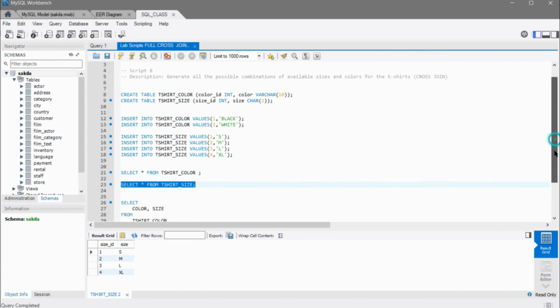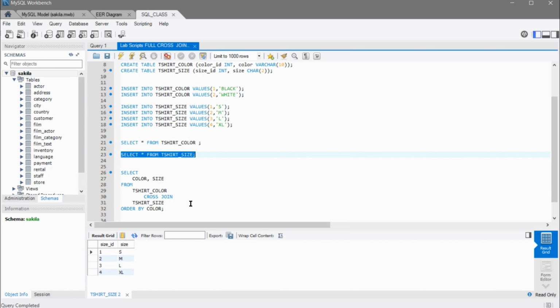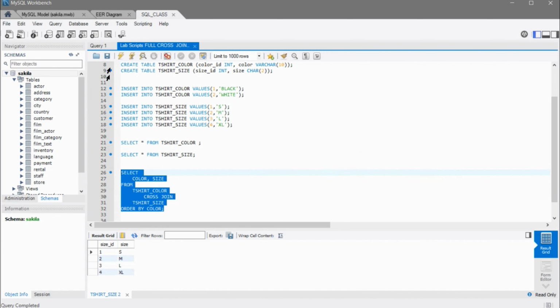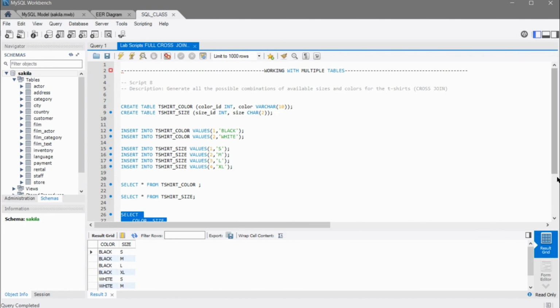So now, if we want to find out the maximum number of combinations between the color and the t-shirt size, we can join the t-shirt color table with the t-shirt size table and do a cross join. It's going to give us the maximum possible combinations that are possible between the colors we have and the sizes. Great, so with black, you can have four sizes, small, medium, large, XL, and with white you can have four